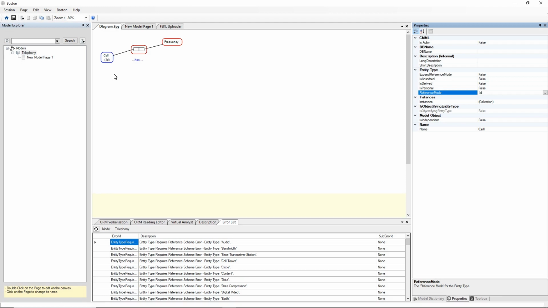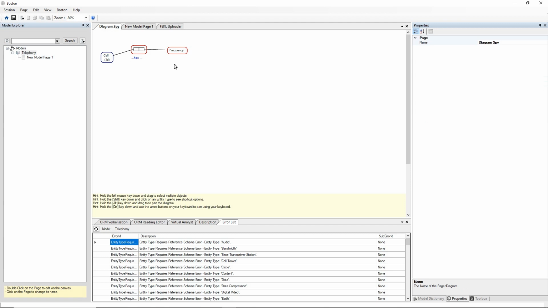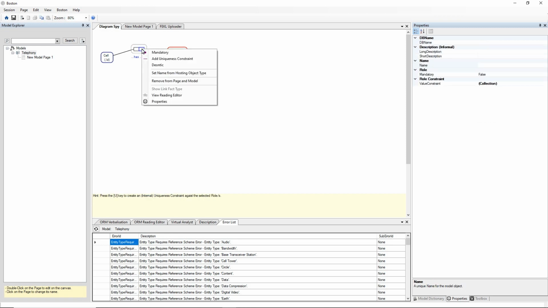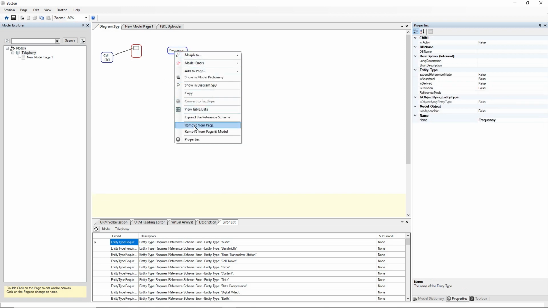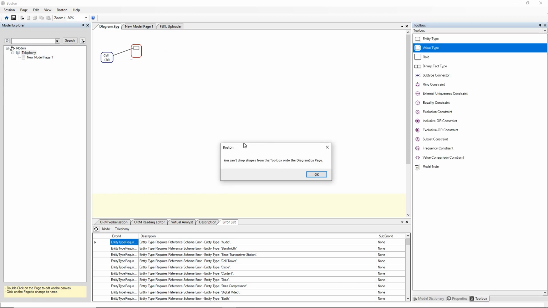We give it a reference mode, and let's say that frequency is something that we want in our model, but maybe as a value type. Now I should be able to convert this to a value type in Boston. No, we can go from a value type to an entity type, but not the other way around. So what I'm going to do is say remove that role. Hopefully I can remove frequency from the model, and then I can go to the toolbox and create a